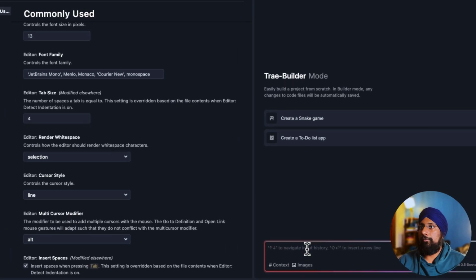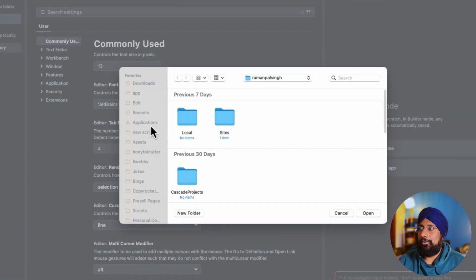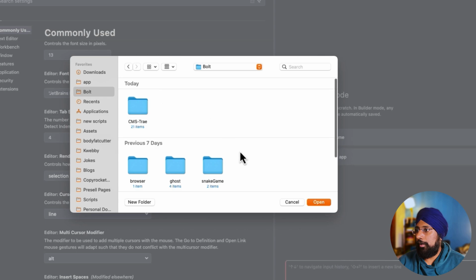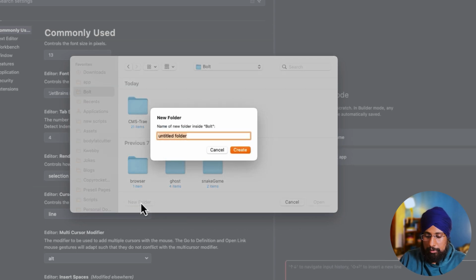There is also a builder, something like Bolt, if you have used it, or something like Cascade, where you give a prompt and it will start building from scratch, just like that. Okay, now let's get started. For this, click on open folder and create the folder you want. If I go to the folder and create a new folder here, for example,